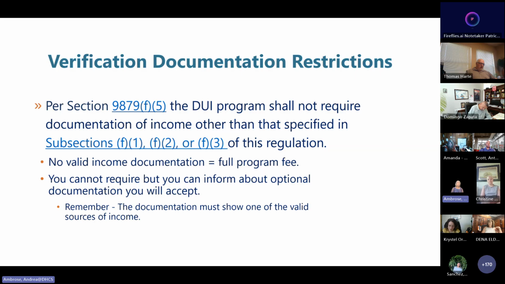And again, really important, whatever documentation you're accepting must show one of the valid sources of income. So bank statements don't show the source of income, and it would be very difficult to show evidence of compliance with this regulation if you were to accept a bank statement as proof of income from a participant.